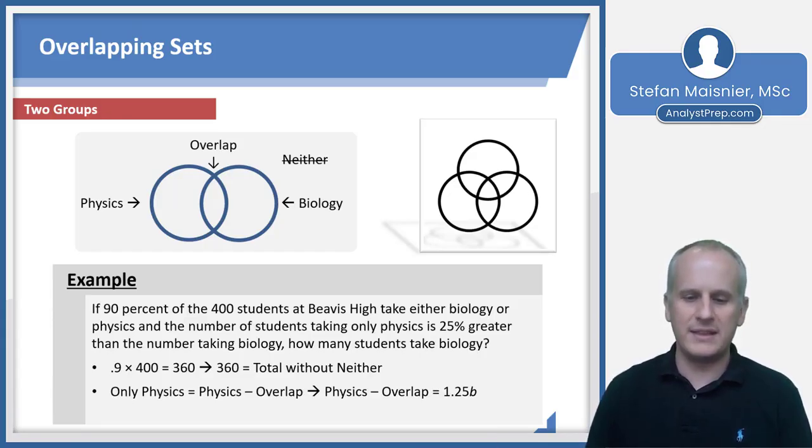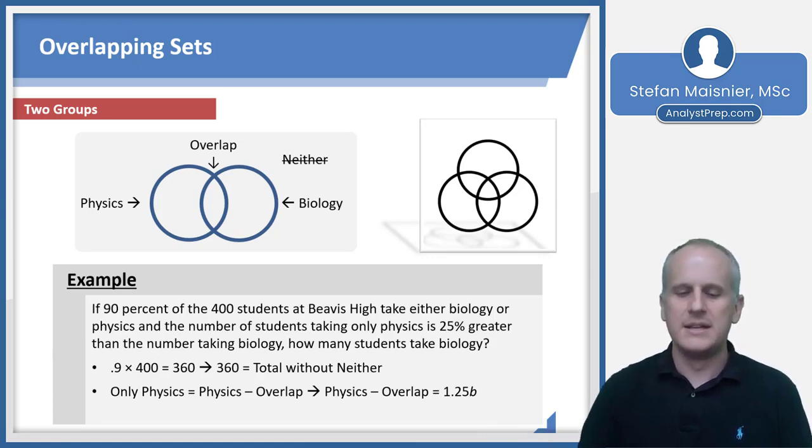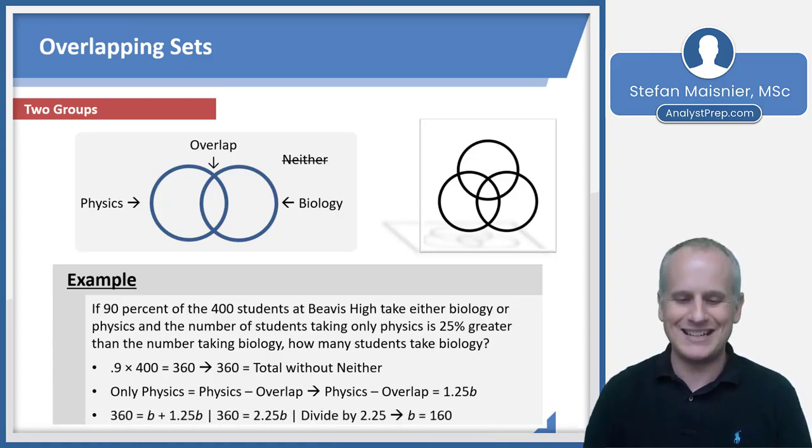So we know that the number of students taking only physics, so physics minus the overlap, is 25% greater than the number taking biology. And we can just articulate that as B. So physics minus the overlap is equal to 1.25B. So then, since we know that our sum of 360 is equal to biology plus